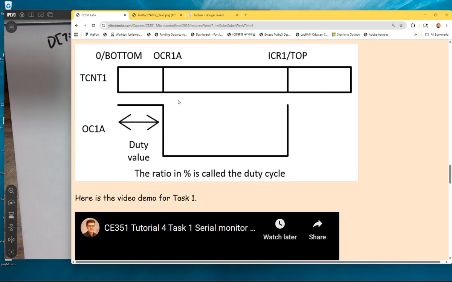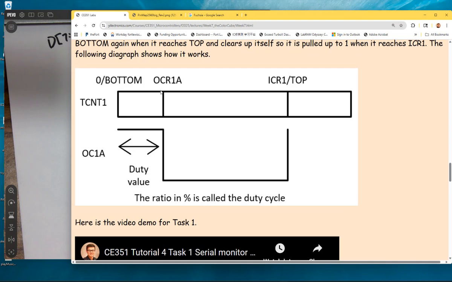For mode 14, this diagram shows you mode 14 of the PWM module using timer/counter 1. Okay? See OC1A, that's the pin. That's the output pin, OC1A. Okay? And that's where the waveform shows up at the pin. So for mode 14,